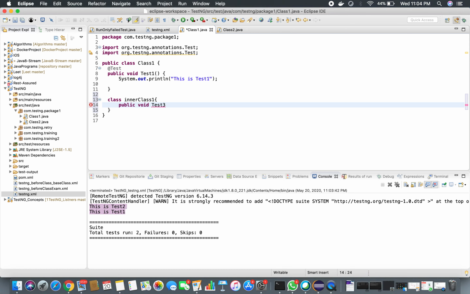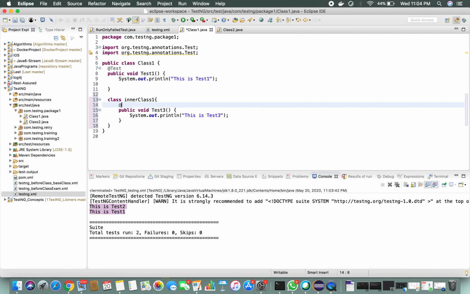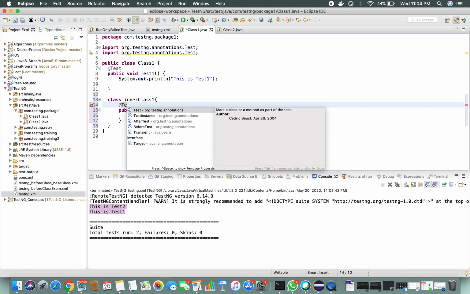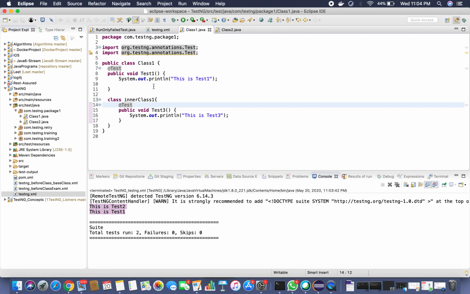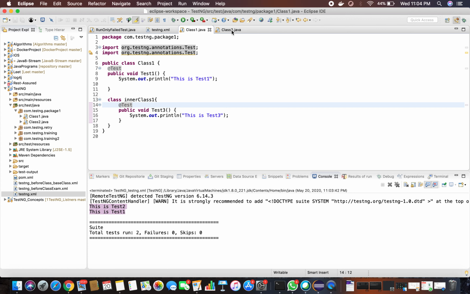Let's assume this is my test 3. Let's annotate it with test. Now if you run this particular package, this TestNG XML, your expectation is to run 3 test cases.